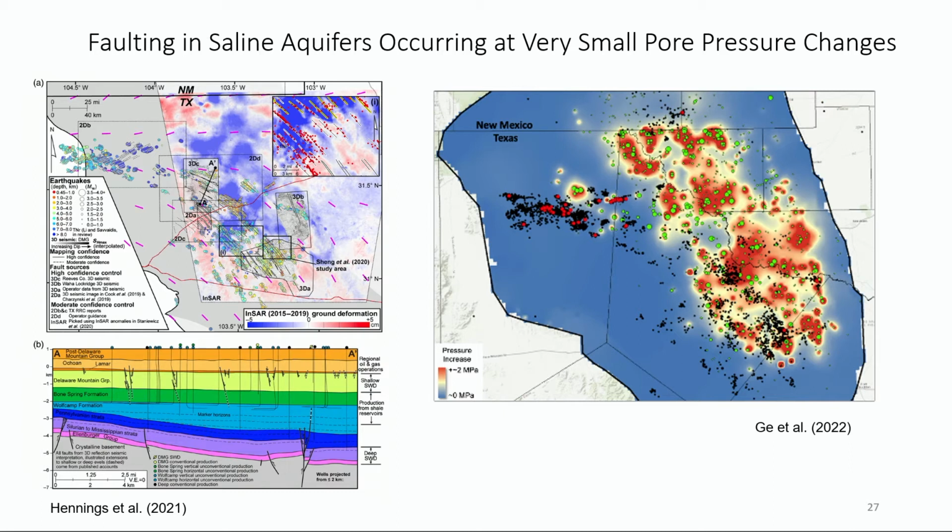And below the Delaware Mountain Group, there's a lot of shale, and that creates a different stress state, and that's kind of a fault barrier. It's a story I don't want to get into in any detail here. But the point is, there's shallow earthquakes on faults that are geometrically limited in size, and therefore the earthquakes are limited in magnitude. The biggest earthquake that's occurred is about magnitude 3.5. Right? Because of the few hundred meter thickness of this,